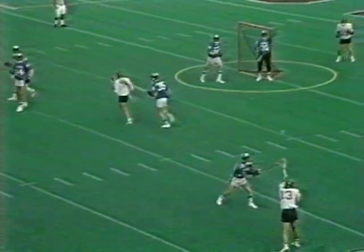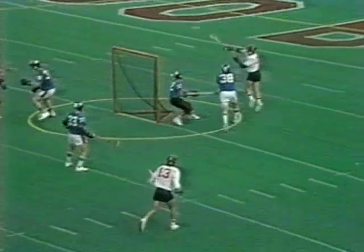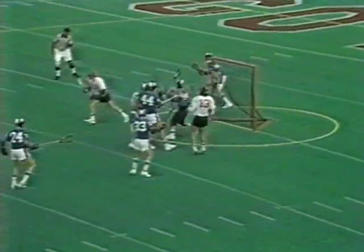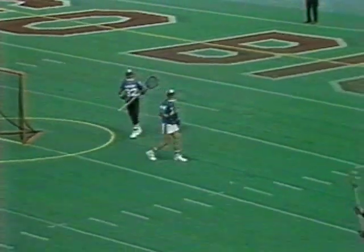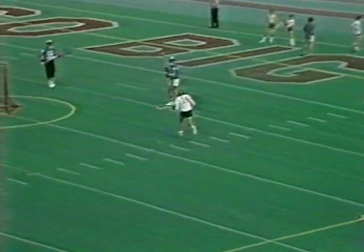Reynes, the young man who had basically an open goal last time and bounced it off Federico. Now you have Esposito trying to come back out front. A quick feed in the crease. It's wide open. A shot, a save by Federico. On a shot by Mike Caravana. Federico looking once, twice, and gives it over. A crucial save by Mike Federico on a great shot by Mike Caravana about 10 yards in front of the